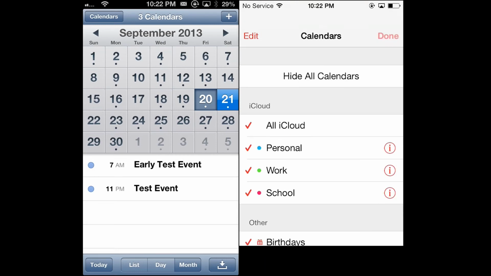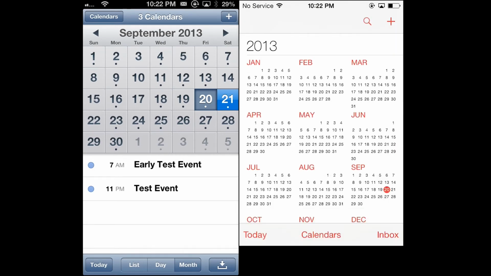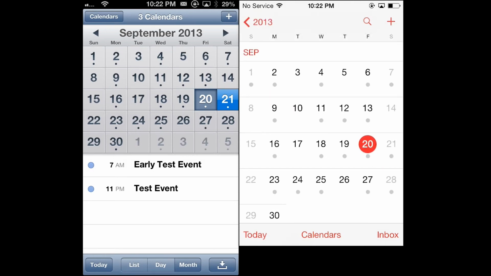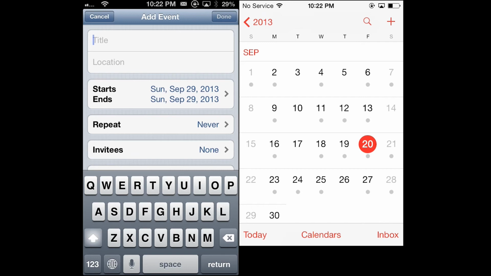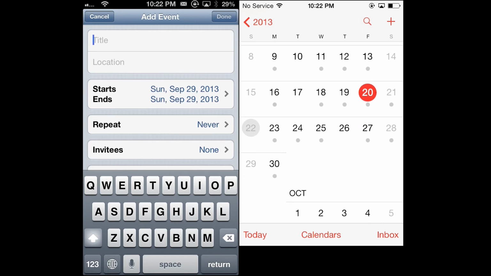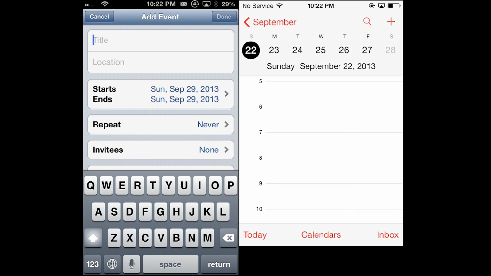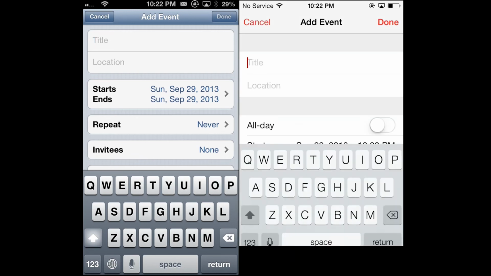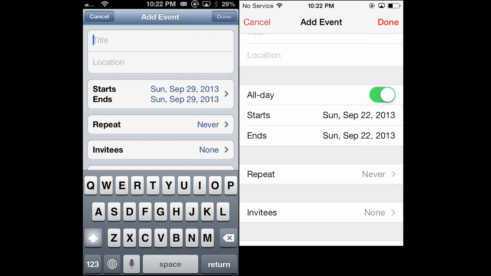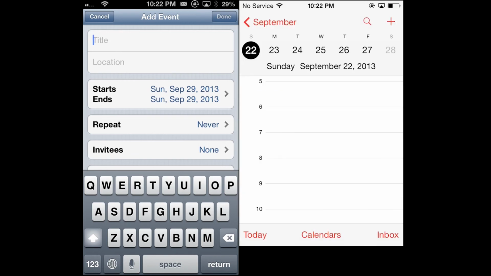One thing that I really have taken to disliking, though, is that in the iOS 6 calendar, a feature that I use a whole bunch is if you press and hold on a day, you get an all-day event for that day. And in the new calendar, if you press and hold on a day, nothing happens at all. You have to click the day,